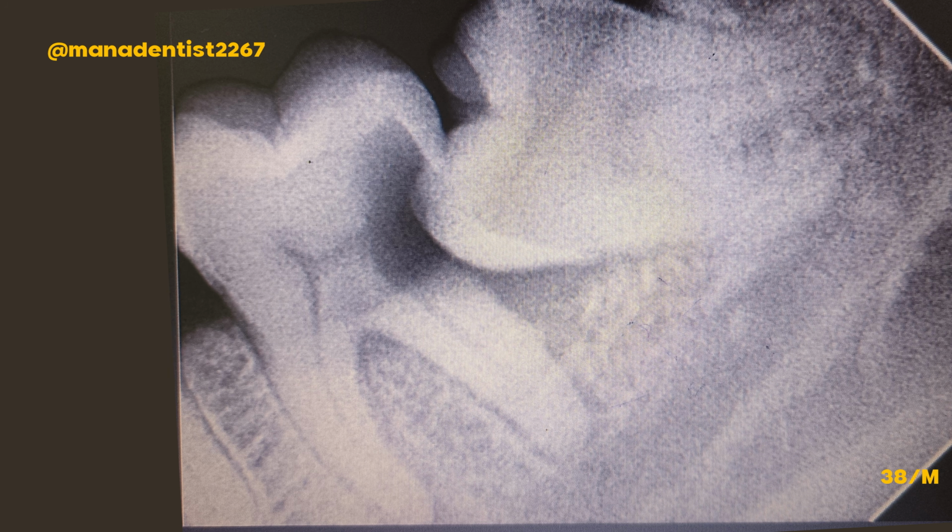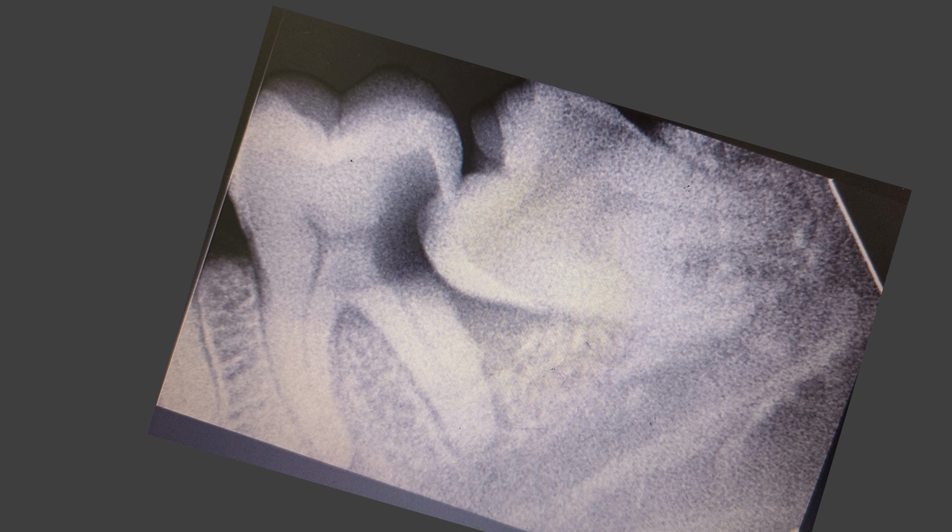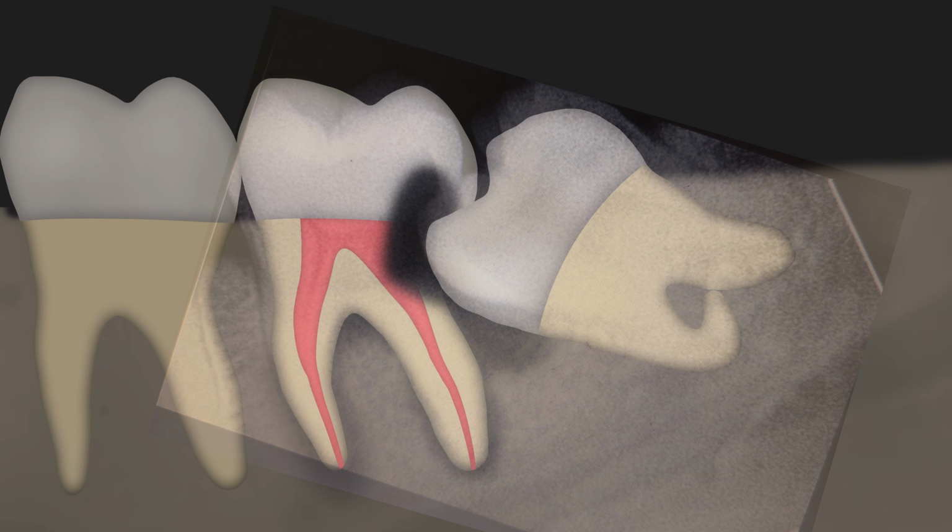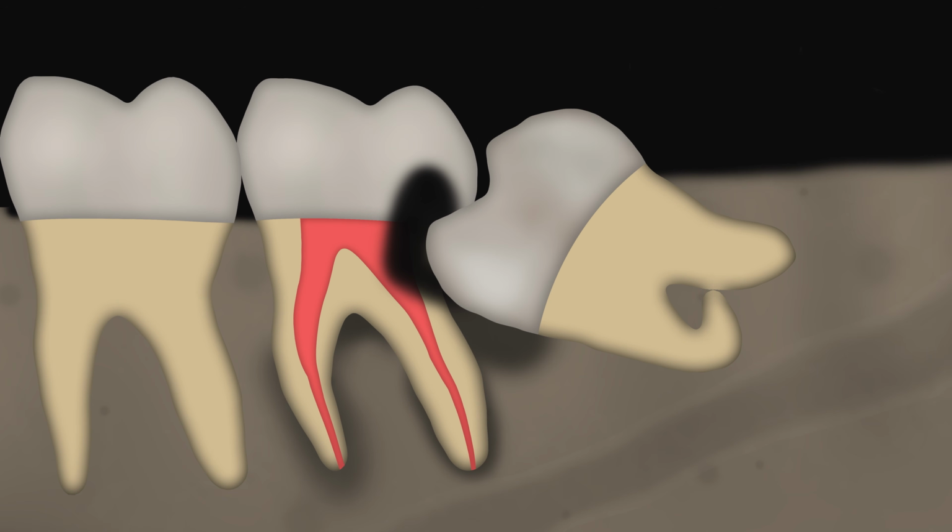This is the radiograph of the mandibular left second molar and third molar. We can observe in the radiograph that there is an impacted third molar and there is a proximal decay which is close to the crown of the impacted third molar. So looking at the radiograph, I thought of creating a digital image of the same case. This is how most often I present my cases to my patients so that they can better observe and